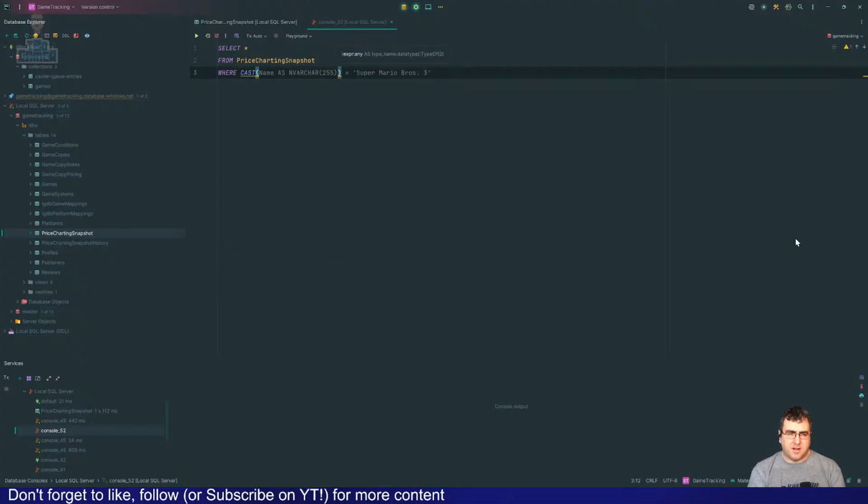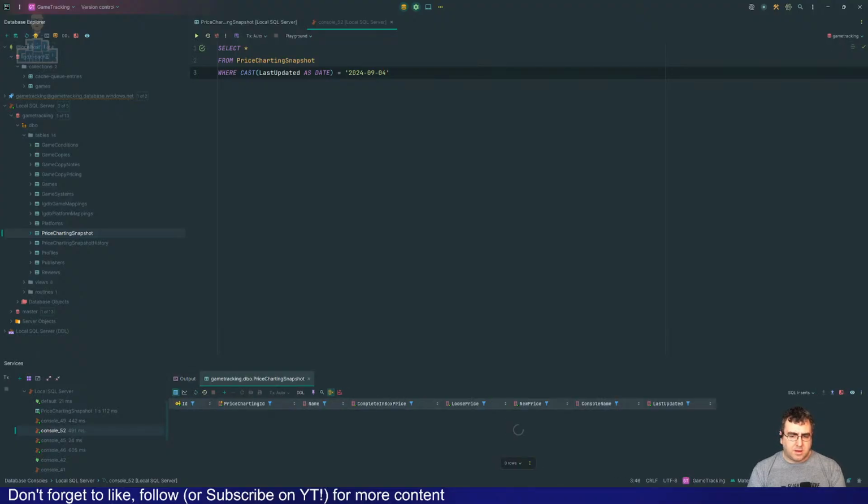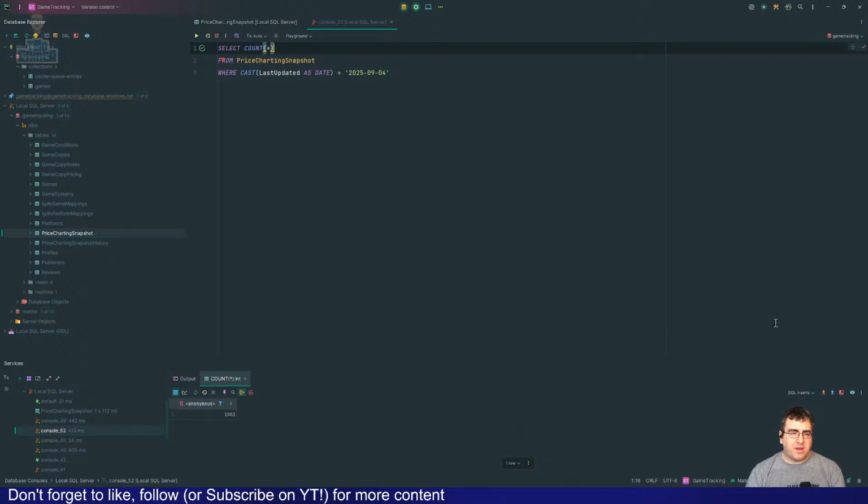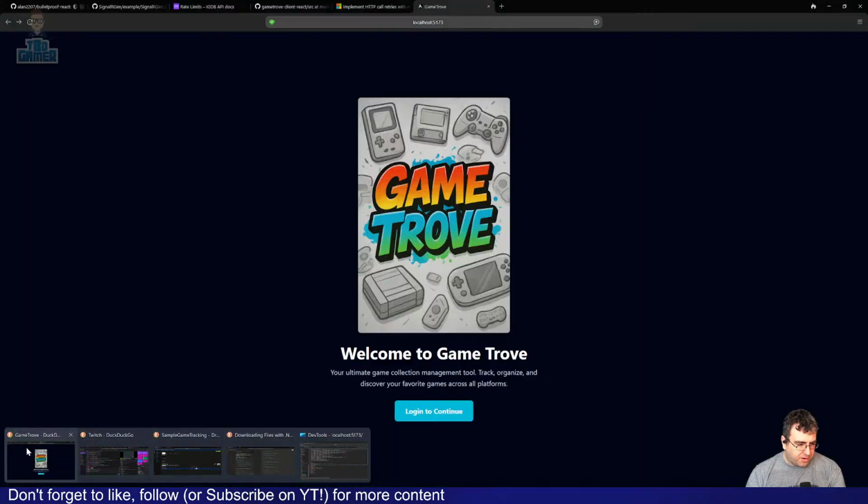Cast last updated as date equals 2024 09 04. Oh, 2025. It's 2025. Yeah, so 1003 games changed prices since the 31st of August in their pricing files.